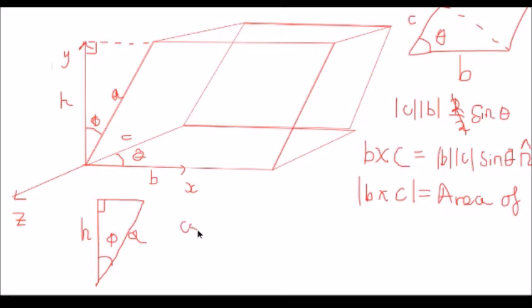Well, the way to do it is that the cos of this angle, remember SOHCAHTOA, is the adjacent over the hypotenuse. And in this case, the adjacent is h, and the hypotenuse is a. So I've got h over a,